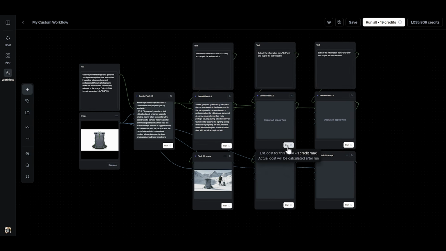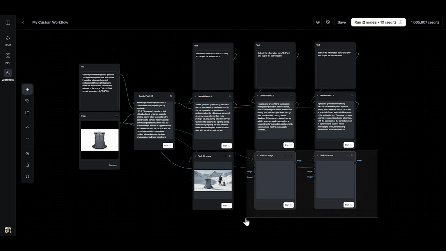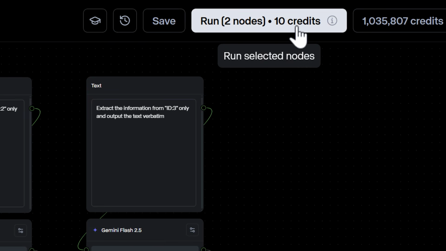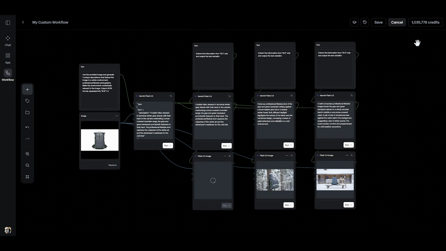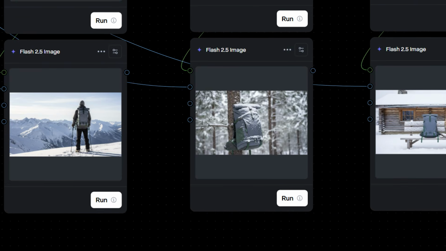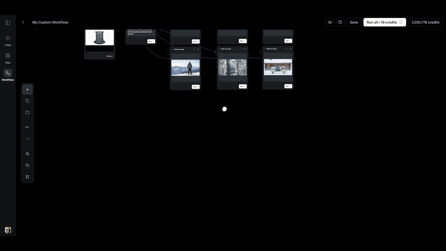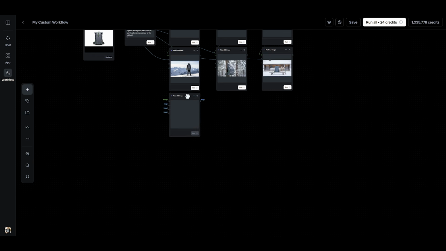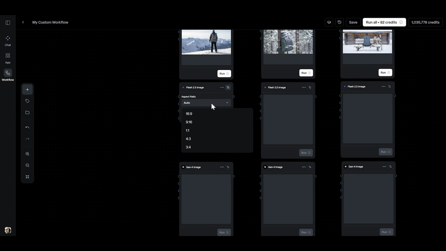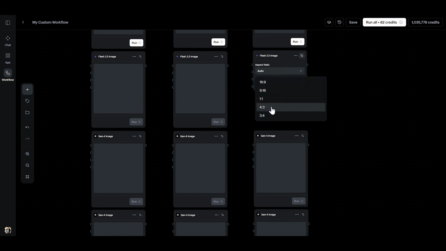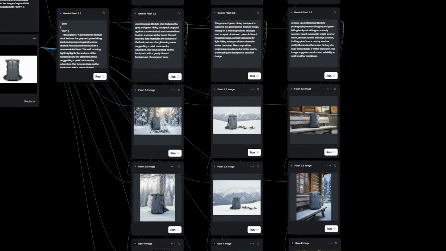You can click Run on the nodes individually, hold Shift and box select to run specific nodes only, or run the entire workflow from start to finish, which will regenerate everything in the canvas. One of the most powerful things about workflows is the ability to edit the outcome of any step in the process. For example, I can add 3 more image nodes to all of my outputs, change the aspect ratios of each node, then when I run my workflow, I now generate 4 images per prompt, all in different aspect ratios